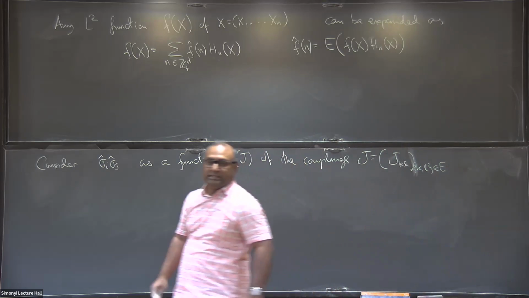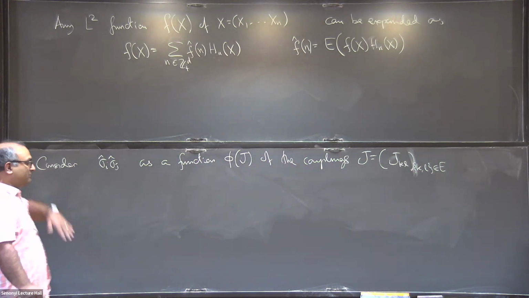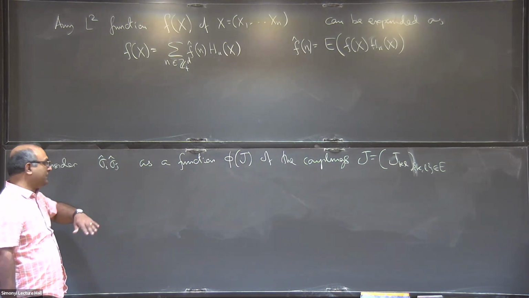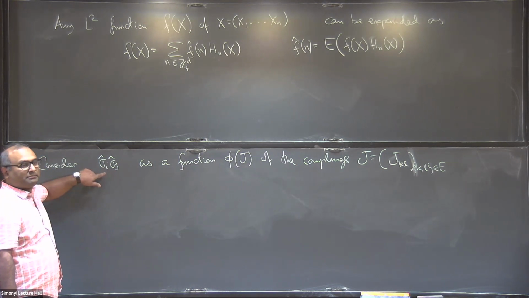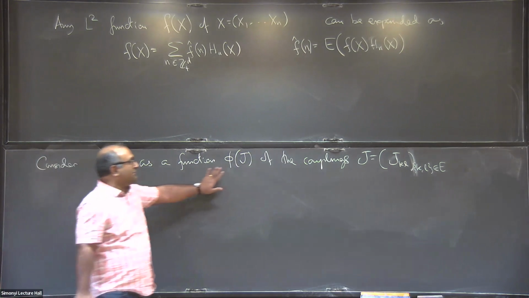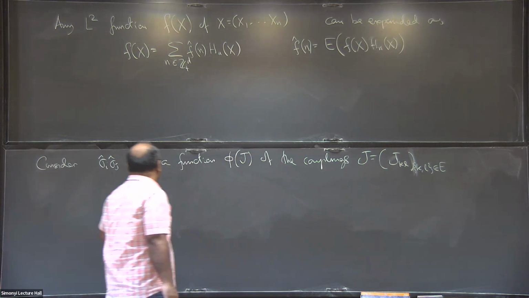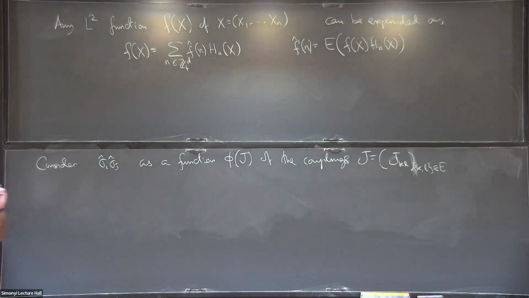So once somebody gives you all the couplings, there is a unique ground state up to a universal sign change, sigma to minus sigma, but the product of the spins at two sites is well defined. This is a well-defined function, but it's a very complicated function of all these couplings. It's a plus or minus one valued function, so the value is just plus or minus one, but it depends on all these couplings.